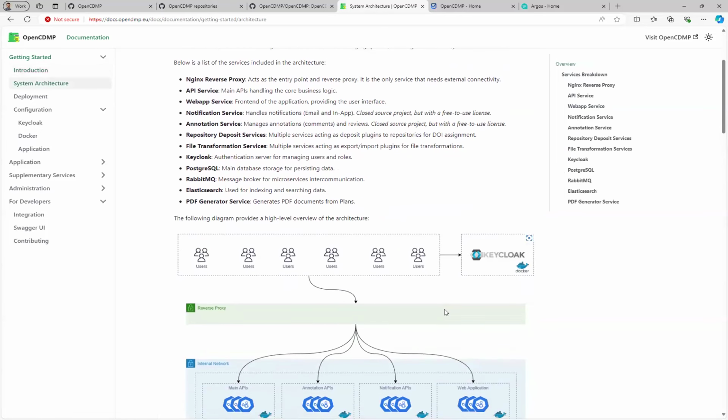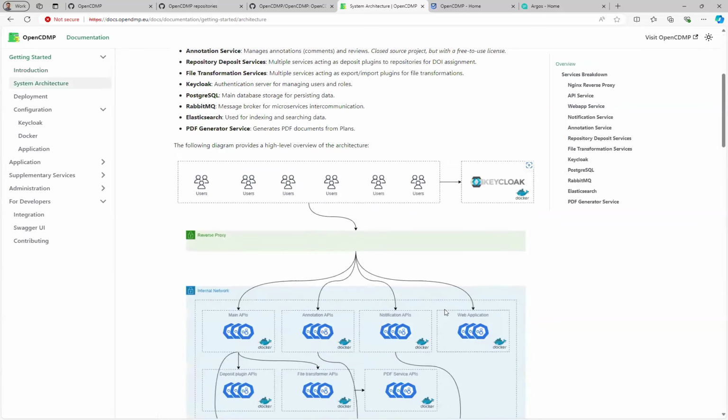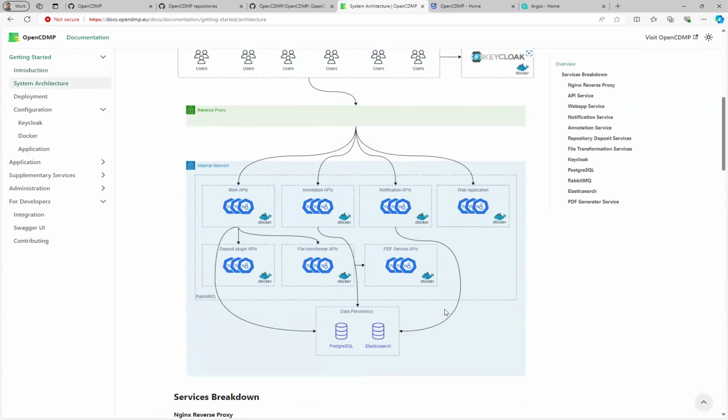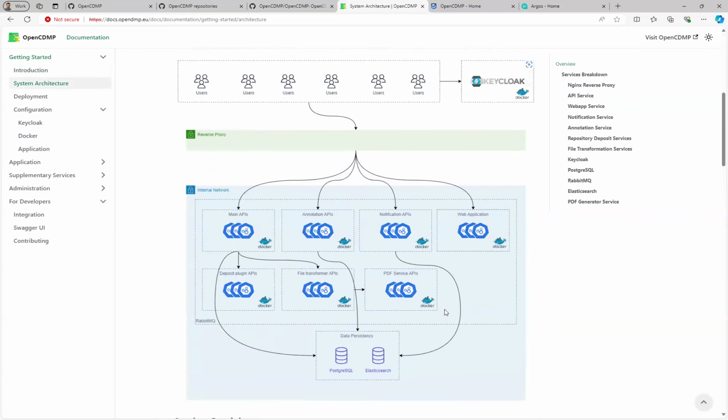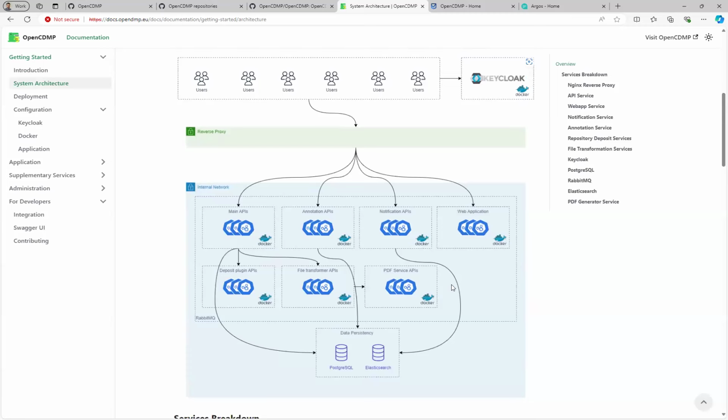Currently, the system architecture looks something like the diagram you can see here. We have users using our platform, all of them authenticated through Keycloak, and then we have multiple services behind a reverse proxy where all of our functionalities are served.